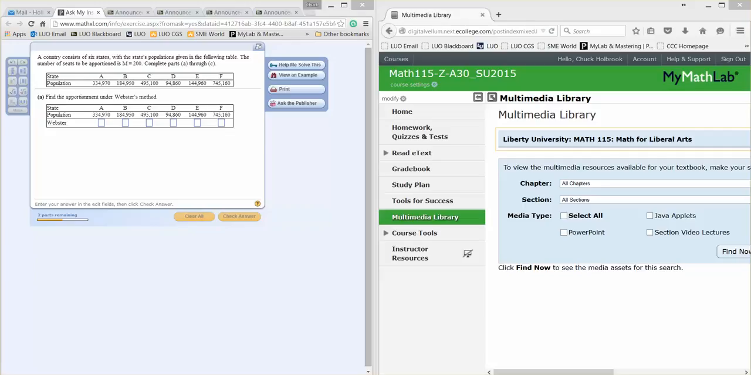What we're going to do is look at each one of these. State A has a population of 334,970. State B is 1,840,950. C is 495,100. D is 94,860. E is 144,960. F is 745,160. And we're going to use the multimedia table